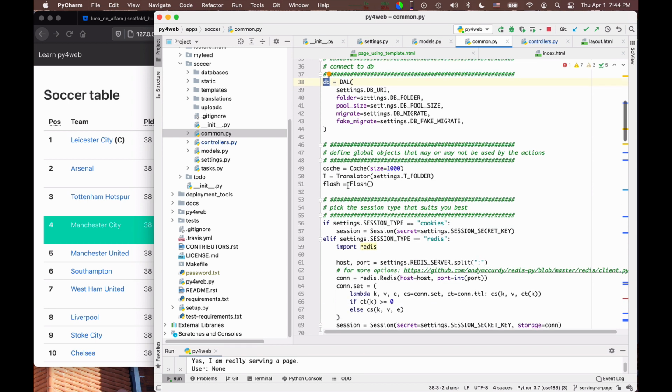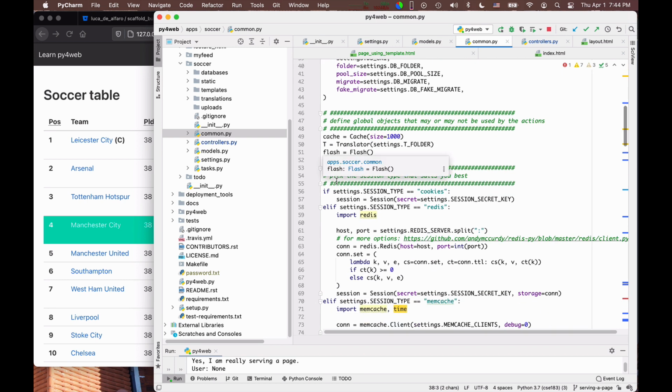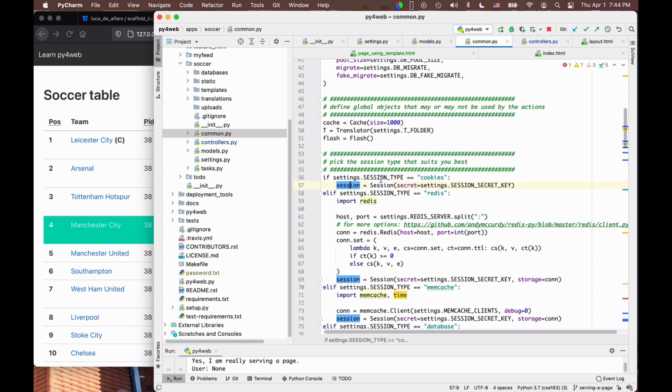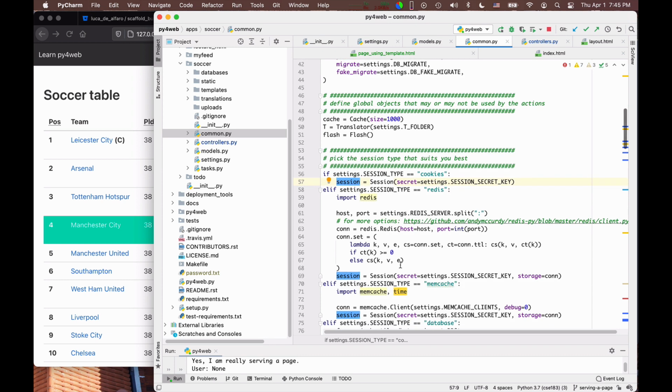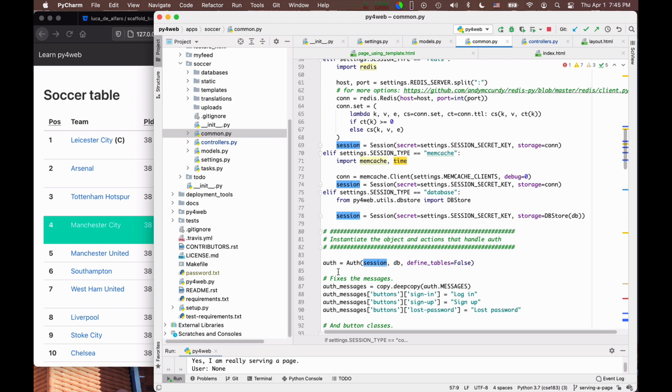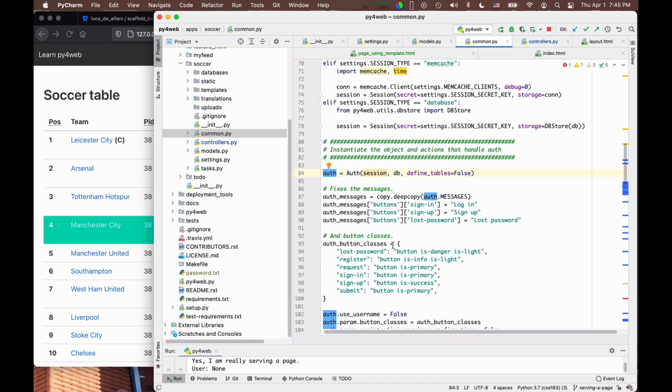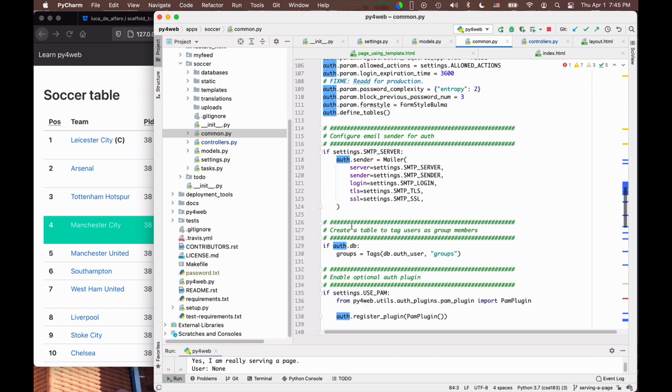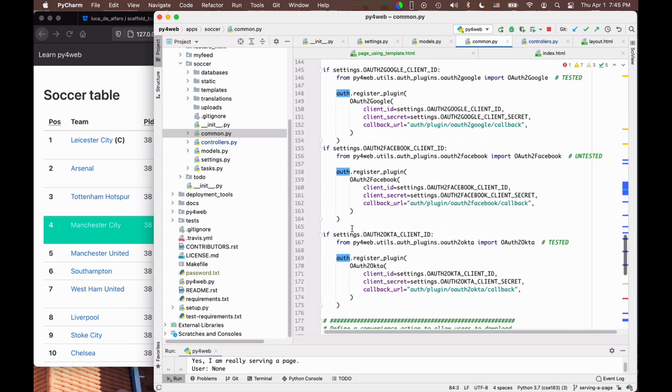Then, what are the other important definitions? There is an important definition of the session object that I also will need to talk to you about later. Okay, but we define what a session is. Don't worry, I will come to it later. And we define the auth object that is used for user authentication. Okay, so these are the three fundamental objects that are defined here: database, session, and auth, and we will cover them in turn. So this is what is in common.